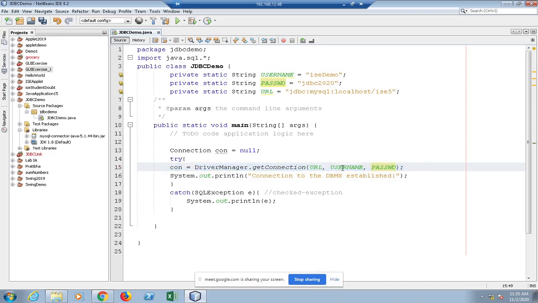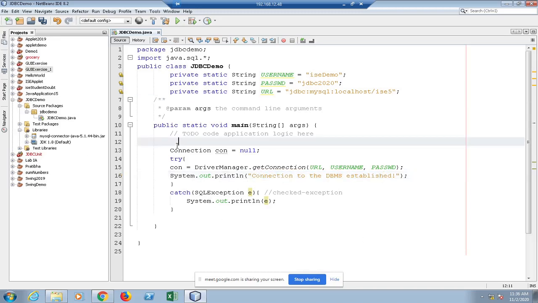But if any of them is wrong, then your program will throw one exception and it is of type SQL exception. This is one case, and if all the parameters are correct, then this print statement will be executed. Now I have provided all details correctly, so ideally I should get success message.